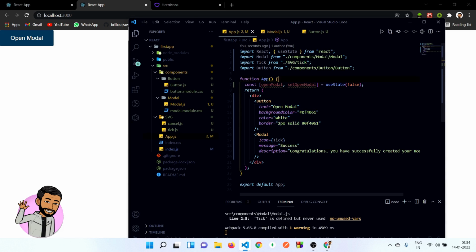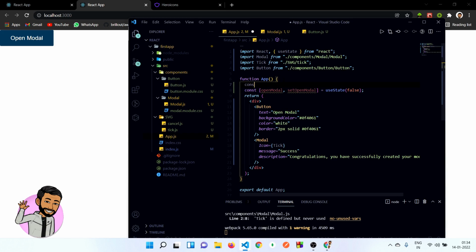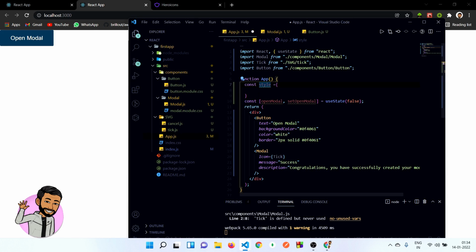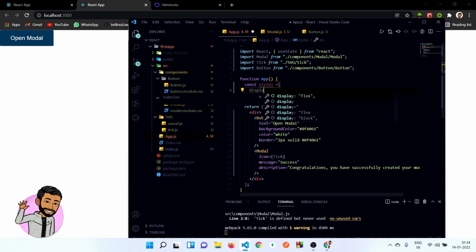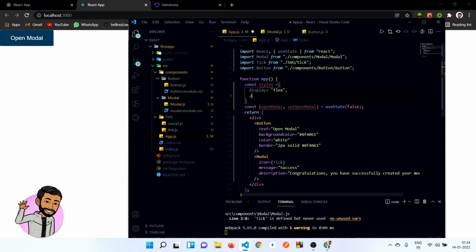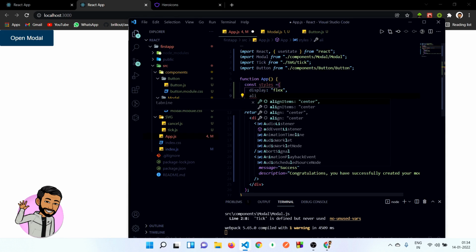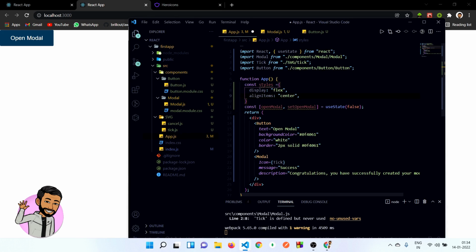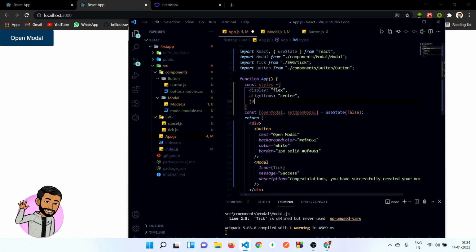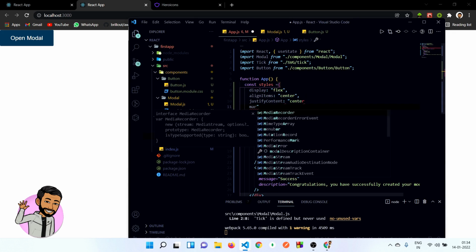Let's style the app.js file. I'm gonna create a style object. I'm doing it like this because I just want to teach you guys the different ways you can use to style a single application. The display is going to be flex. Now when we are styling like this, all the attributes should be camel cased basically. And the justify content should be center and the margin top should be